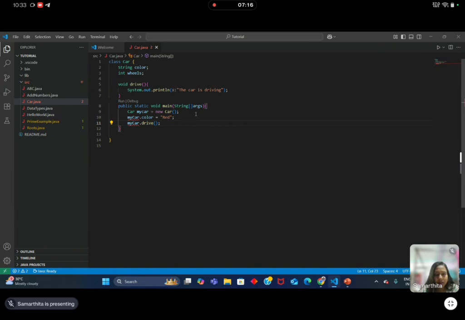And now Car myCar. Yes, here I have made one typing mistake.